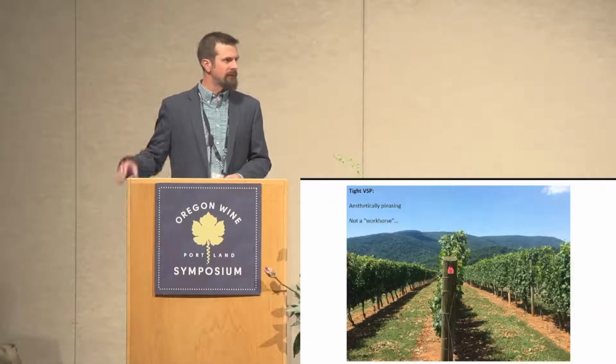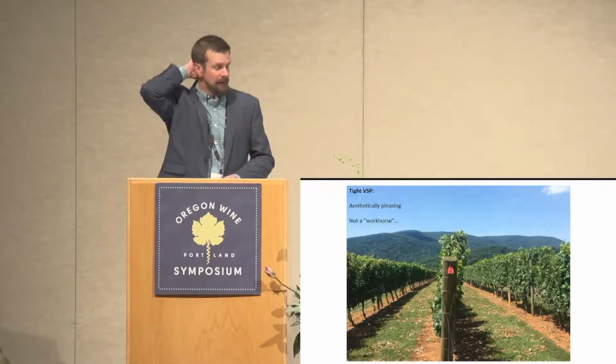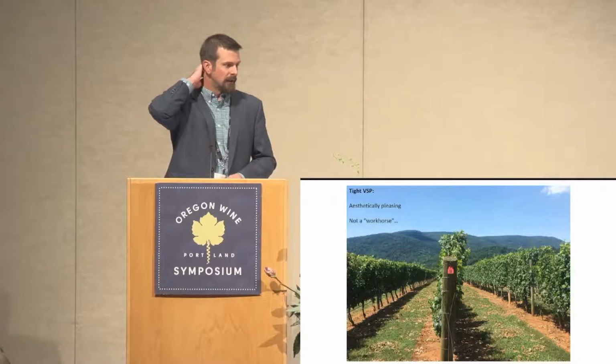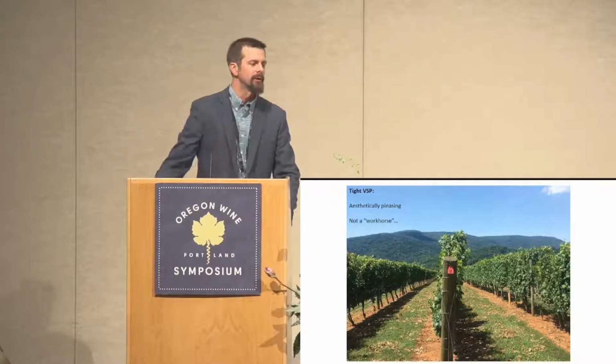So just some pictures here. A tight VSP, this is in Virginia. This is a really aesthetically pleasing site, I think most would agree. But it's also not a workhorse. In this situation,